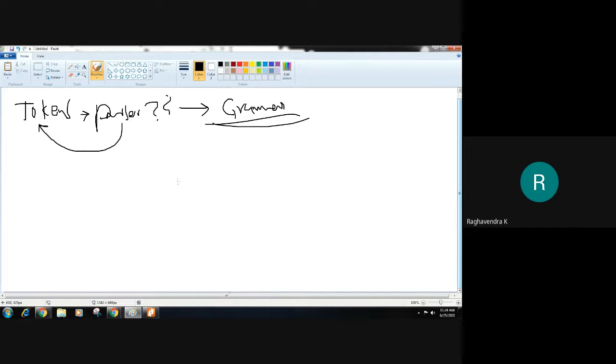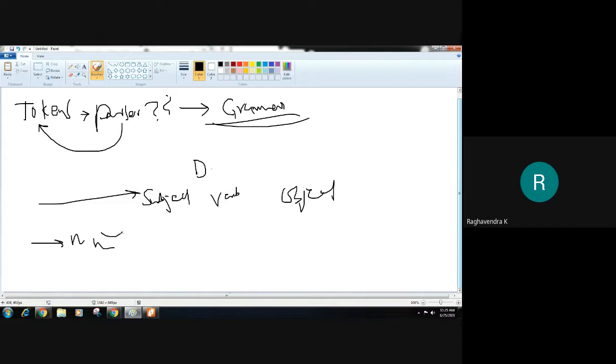For example, take the same grammar, which is subject, verb, and then object. This grammar can be matched by n number of sentences in English, because subject can be a subject name, object can be an object name, and verb is an action word. There are so many action words, so many subject names, so many object names, right?